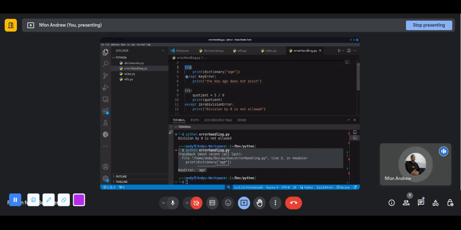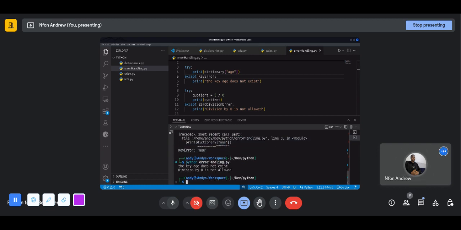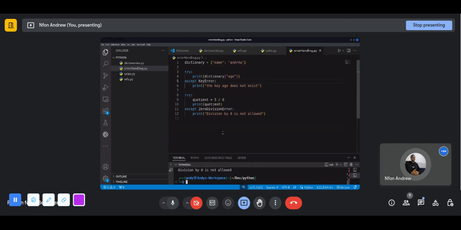So you use try except to handle exceptions in Python. If I were to run this, you see the key h does not exist. Division by 0 is not allowed. So this is how you are going to handle exceptions. This is the most basic approach. Try, you do whatever you wanted to do, then you catch errors. Of course, we could go ahead and put all of this inside all of this, let's say like this, and then here,